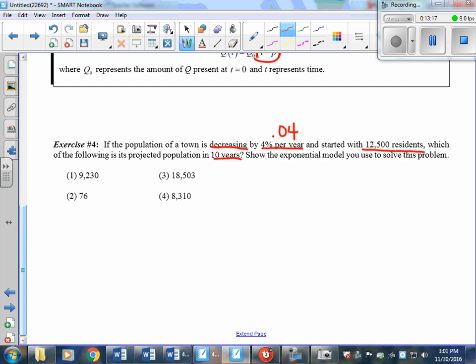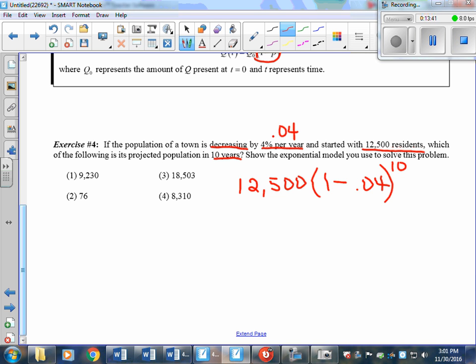Show the exponential model you use to solve the problem. So our initial amount is 12,500. We're decreasing, so it's 1 minus that rate of 0.04, and the time they give us is 10 years. So once we put that whole thing into our calculator,